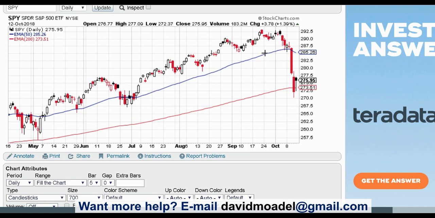But the 50 moves so slowly. I mean, it barely even turned around here. You've got some serious bleeding in the markets, and you want to be taken out, but this isn't even close. The 50 and the 200 are still way far apart. Therefore, it's possible for a lot more red, a lot more bleeding to occur. You could lose a lot of money before this one finally crosses below that one. So maybe it's not that great.